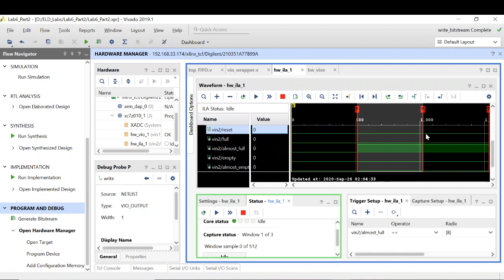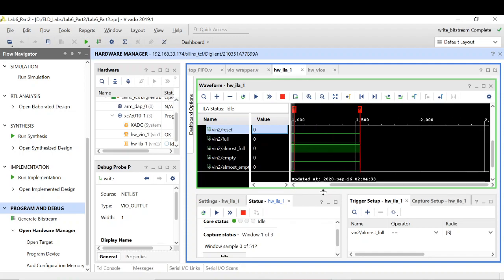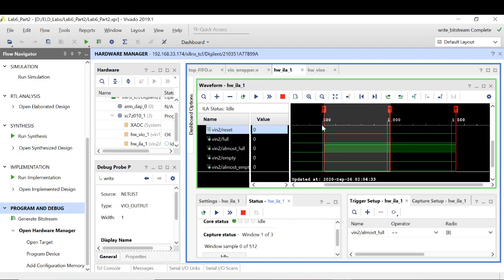And I can see that this was the trigger, and there are three windows right now, as you can see here. So this was the first one. Before the trigger I got some samples, and after it I got more samples, right?